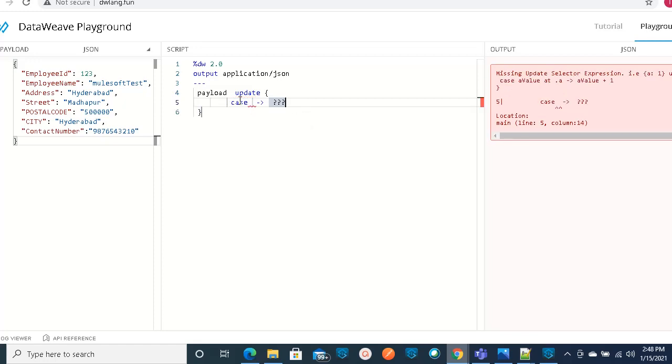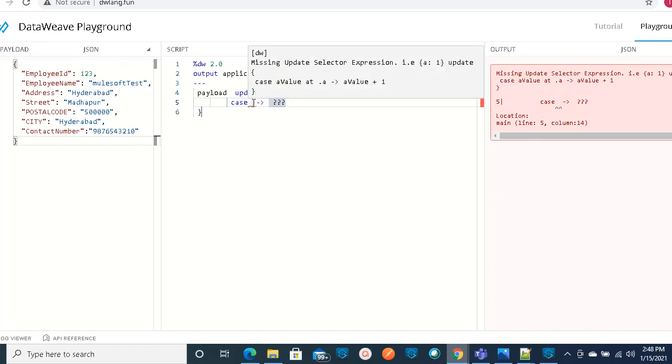Once you click on update, it will show you the case syntax. So you need to use, for however many fields you are going to update, a case statement for each and every one. In our case, I would like to update the address as a new address, and the employee ID as some IND employee ID. Let's see how we can update this, and we can see the output here.